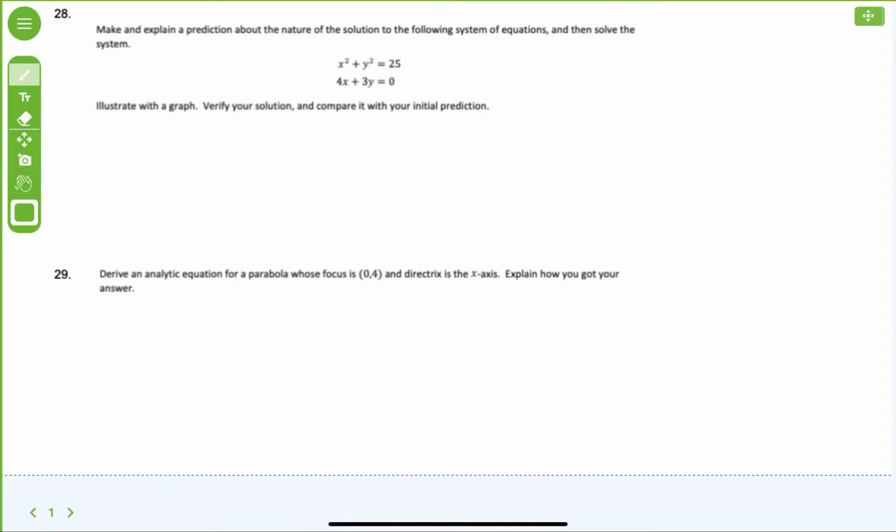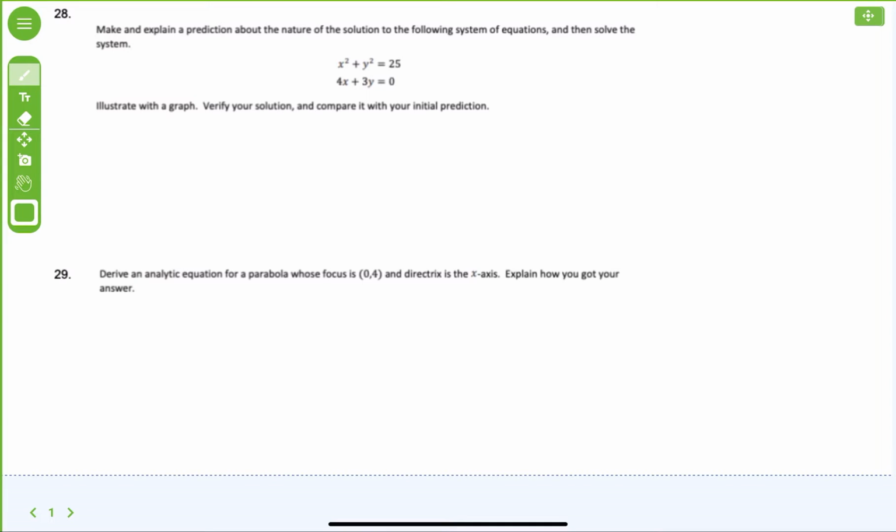Okay, I'm going to do a few problems here that some students had questions on. And this says, 28 says, make and explain a prediction about the nature of the solution to the following system of equations, and then solve the system. So I'm looking at these two equations, and I know that I have a circle because